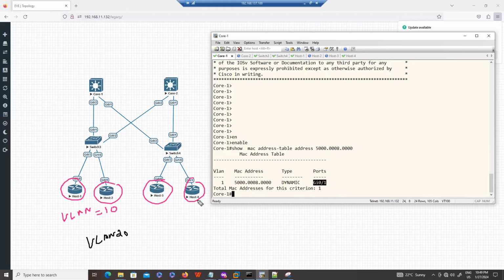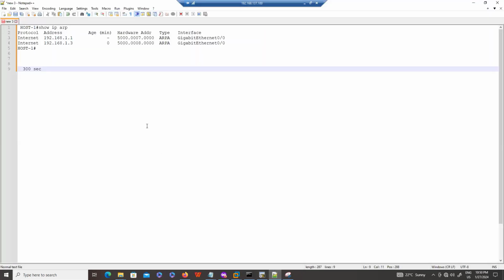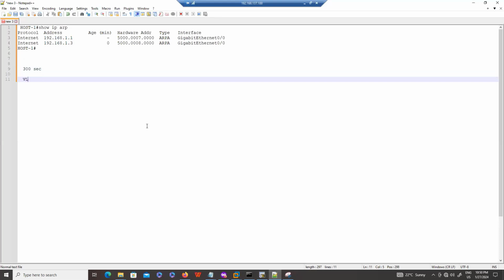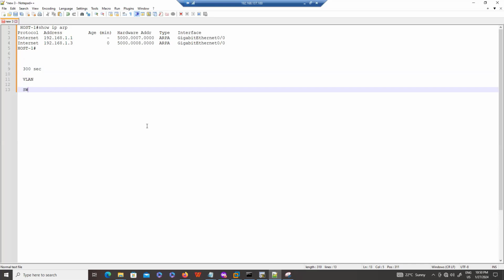So the first topic is how we create the VLAN. The next topic is how we assign the port to the VLAN. Then we talk about switch ports, where mainly in the real world you will see access type or trunk.